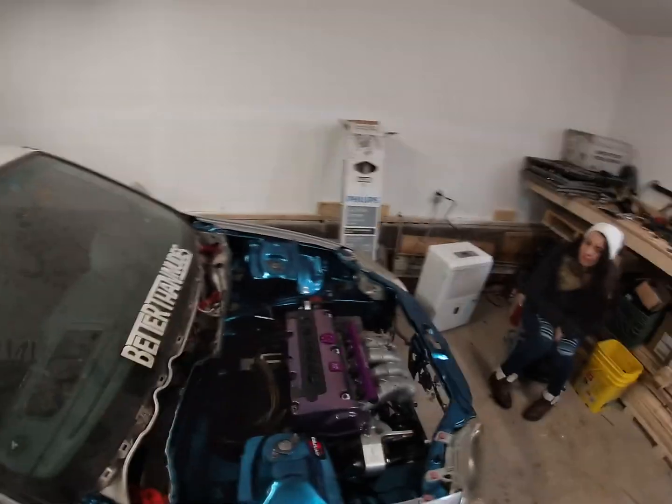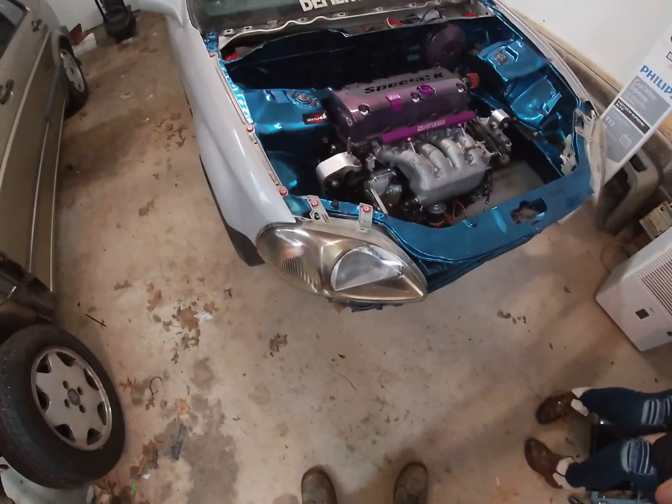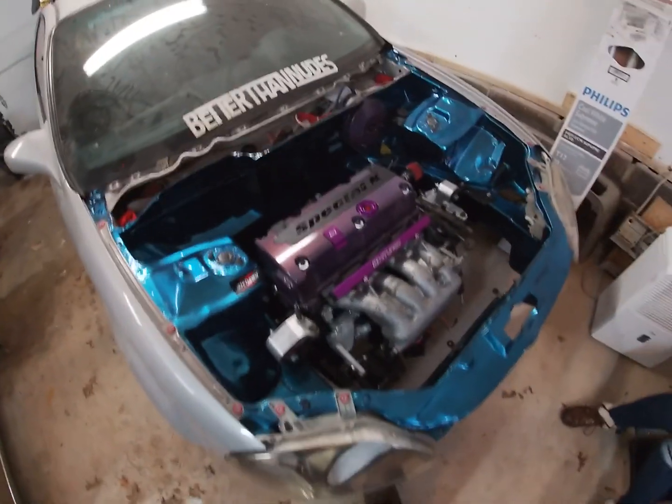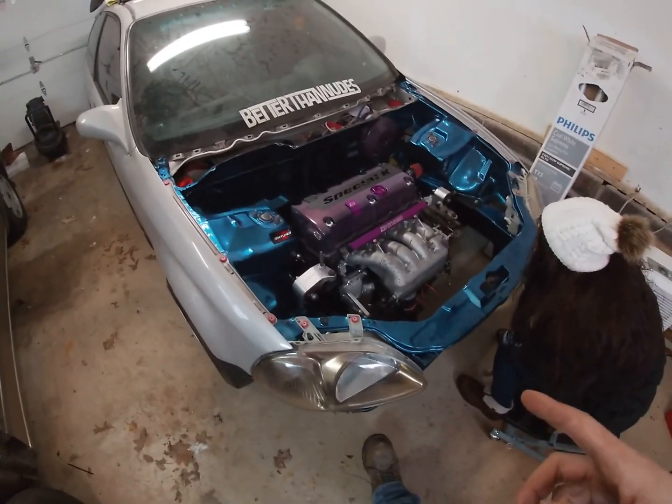My girlfriend and I picked out colors, and then she decided to go upon herself and order me paint. So here it is. We did, I forget the exact name of it, but it's like a turquoise with a lot of sparkles in it. My girlfriend and I together, we pooled money together, and I went and bought, she found it actually, a